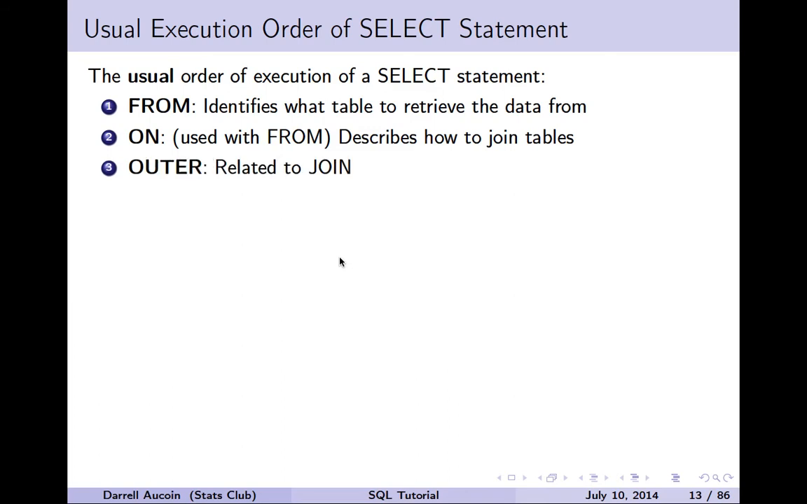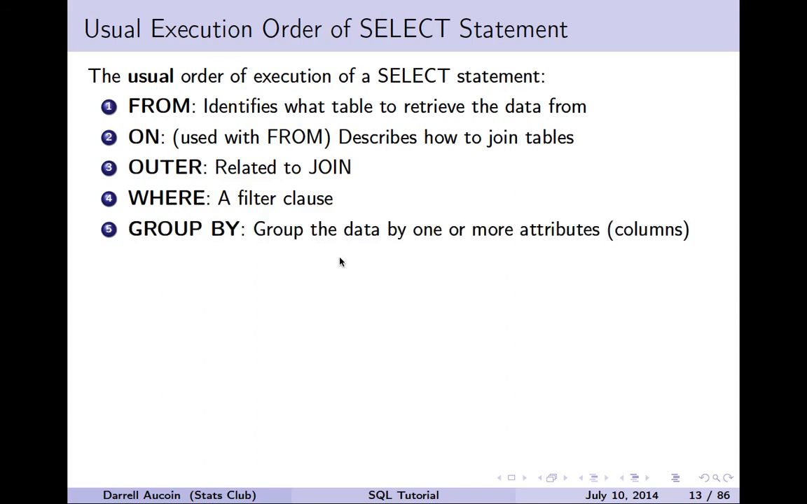Then OUTER is executed. It's related to join, how to join up tables. WHERE is the filter clause. That basically eliminates some rows from what you have so far. GROUP BY basically groups the data by one or more attributes or columns. Then ROLLUP, I'll show that later on. Basically it helps with